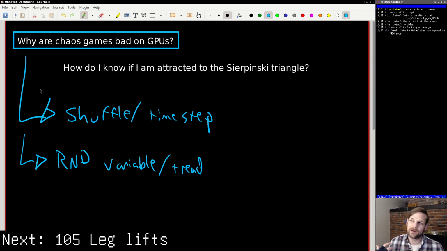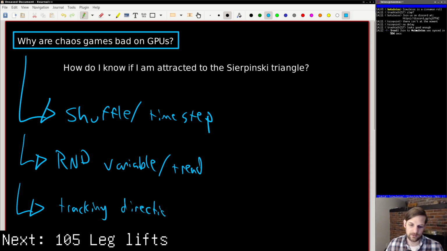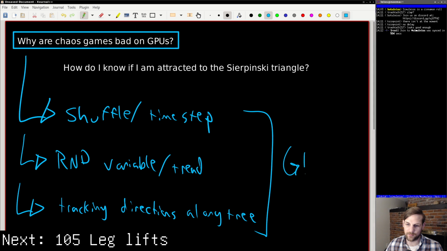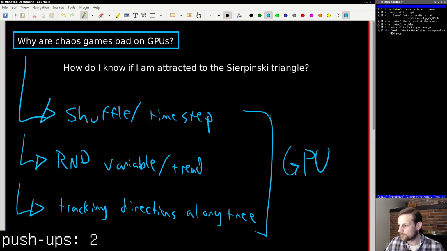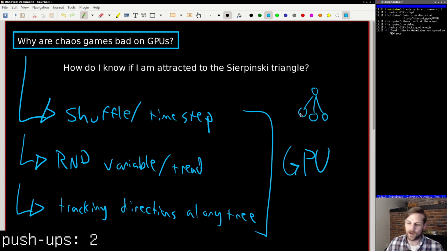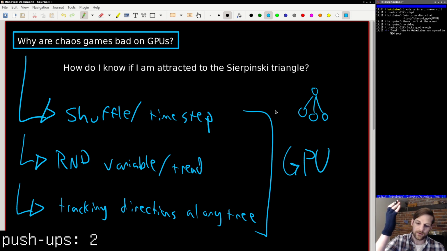So the obvious question comes up, we also had a third method dealing with tracking directions along a tree, right? So these are the three ways that we came up with to do it on the GPU. And the problem is all three of these ways are ways in which you can take a tree and essentially go through in a really shallow way, kind of like instead of going really, really deep into the tree and kind of going,